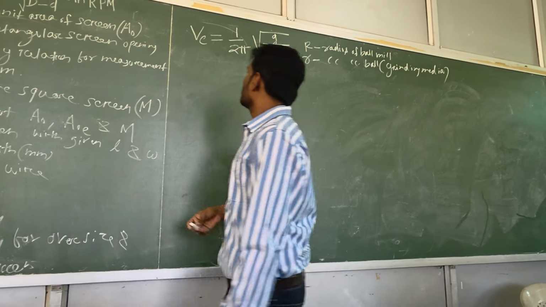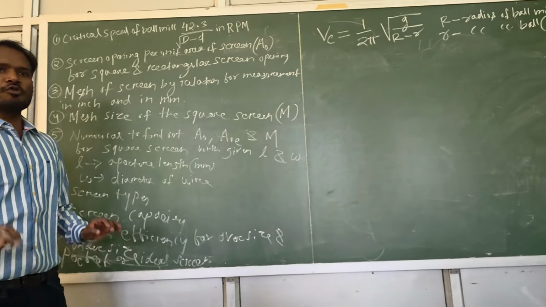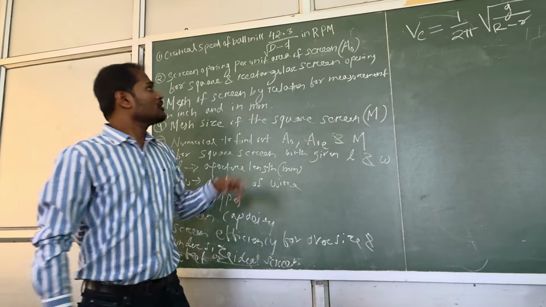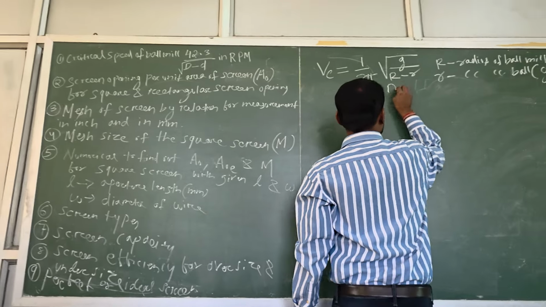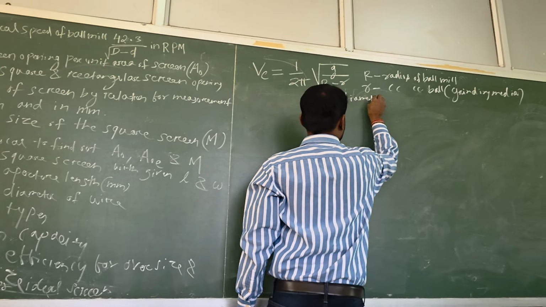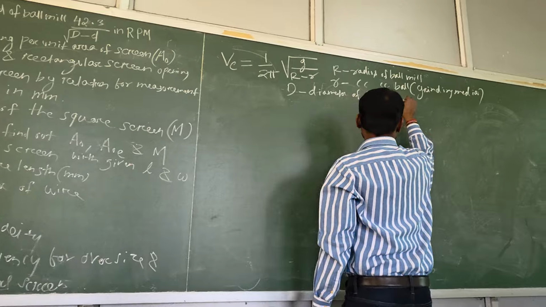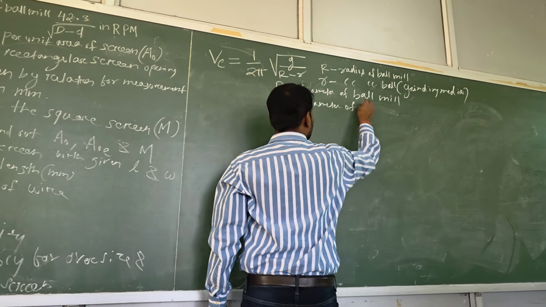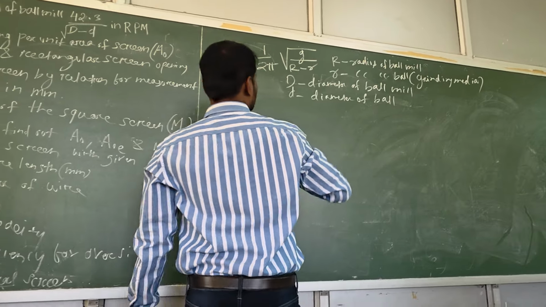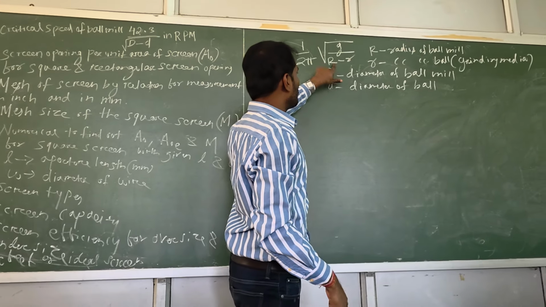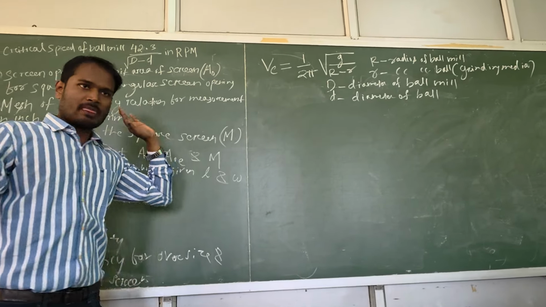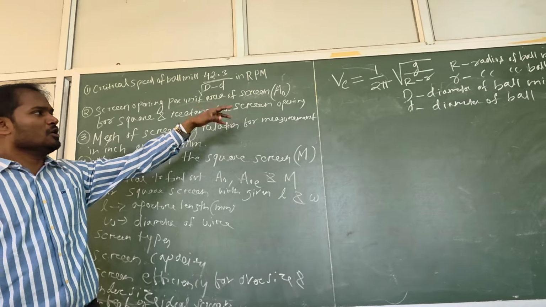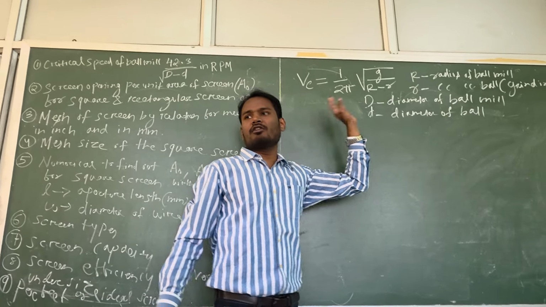Okay, fine. But in most textbooks they have given this expression, 42.3 divided by square root of D minus d. So what is this D and d? This capital D is the diameter of the mill and small d is the diameter of the ball. That means in this equation we represent in the form of radius, but we need it in diameter. And if it is in diameter, the expression is very easy because we don't have to remember this pi and all, right?